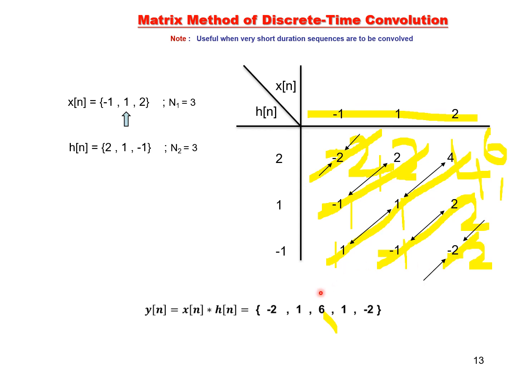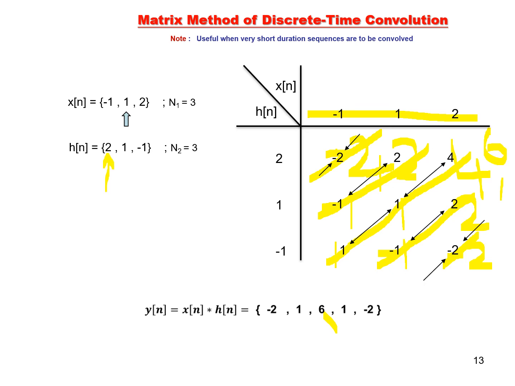Now where is the origin here? How to fix the origin? To fix the origin, it is interesting. You count the number of samples to the left of the origin. How many samples are there? Only one sample, no? Here actually this is the origin. How many samples are to the left of the origin? 0. So here one sample is there, here 0.